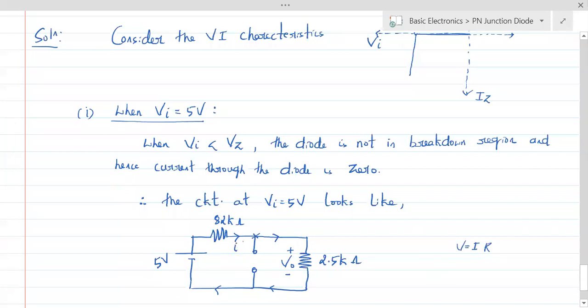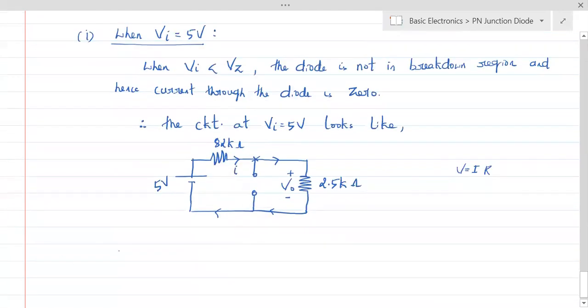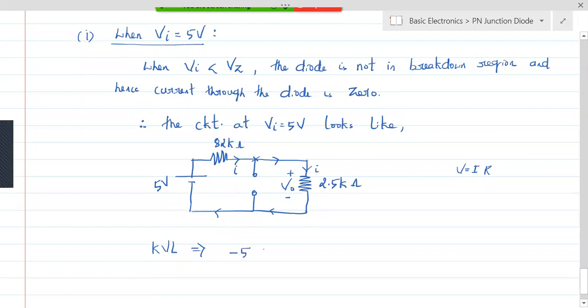Fine. Now, can you give me I by applying KVL? Everybody apply KVL. So KVL implies, since I'm moving in clockwise direction, the current is also moving in clockwise direction. Here also there is current I, here also there is current I, mind you. Since I'm moving in clockwise direction and I'm coming across this minus sign first of 5 volts, I would attach minus sign to this 5 volts.